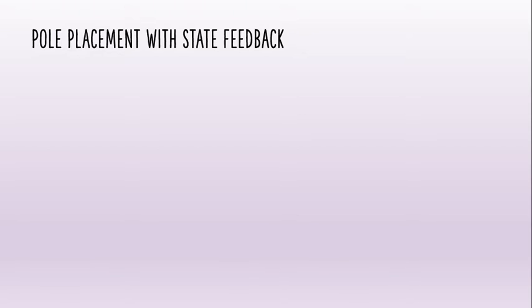Now if you want to change the system response, you need to shift the poles, because we know that location of poles gives the changes in transient response. So if you want to change the transient behavior, it may be required that you need to change the